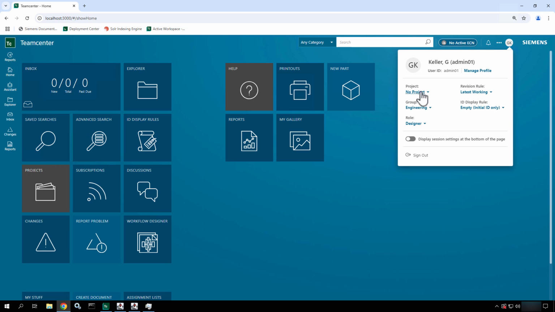Select which project you're currently working in so that all of the information you work with gets stored in that project. If you have multiple groups and roles, or what kind of a position you hold in the system, you could have multiple groups and roles you can switch here, and depending on what you switch to, you may have different permissions. And then revision rules, which is a concept in Active Workspace that may be a little bit newer to those of you that have been working in the rich client,